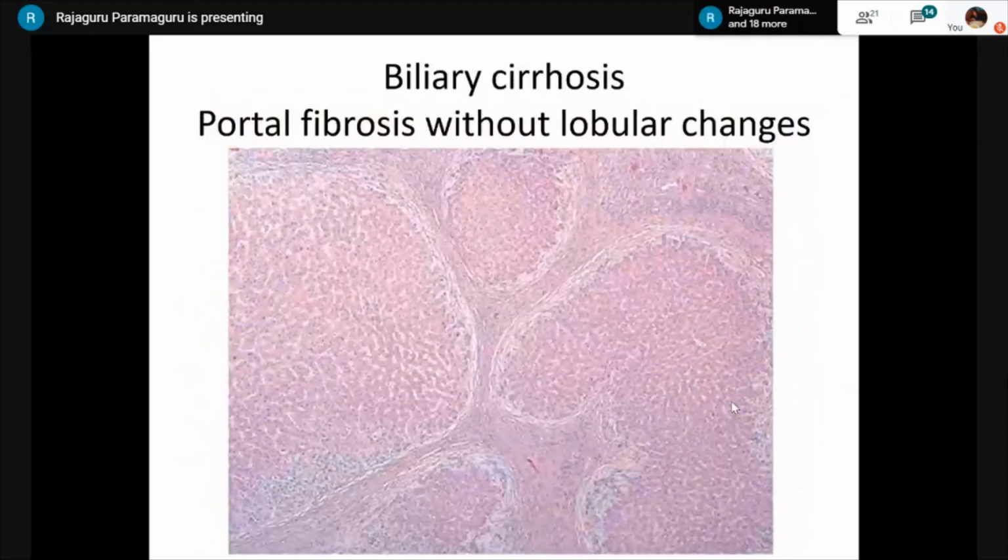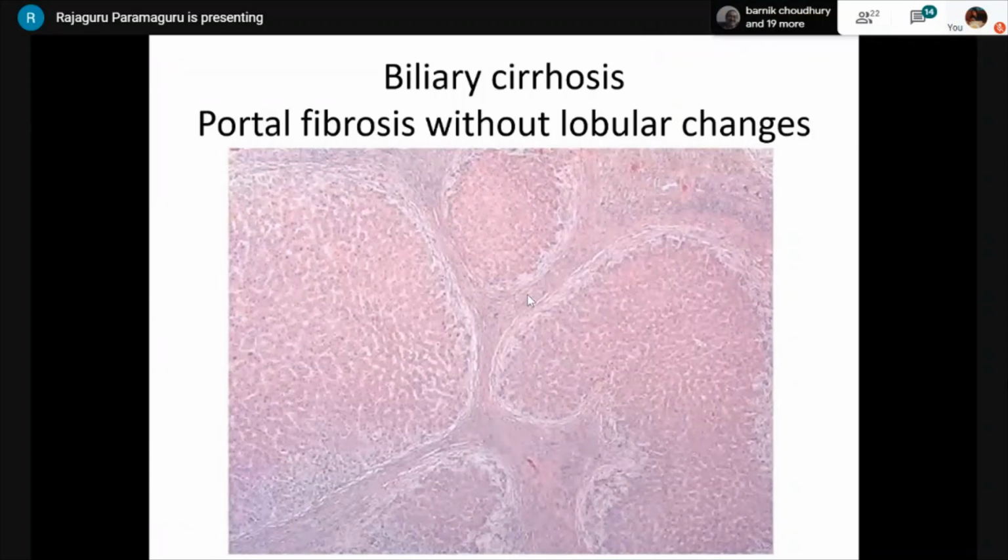Then coming on to a special type of cirrhosis, that is the biliary cirrhosis, which can happen with any type of biliary tree problem. So whether it's a bile duct obstruction, chronic large duct obstruction, or a PBC or a PSC, you will get a portal fibrosis. The earlier one which I told you for large duct obstruction will be edema, ductal reaction, and neutrophils. This is the triad for large duct obstruction. But if it is chronic, it will develop into biliary cirrhosis, where there will be a lot of collagen layover, and in PBC and PSC also this will happen.